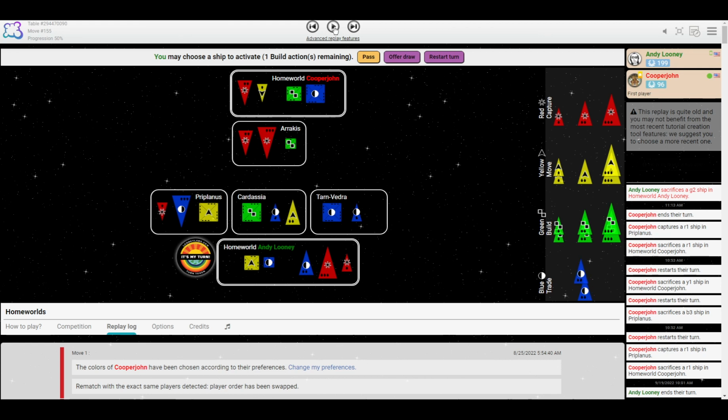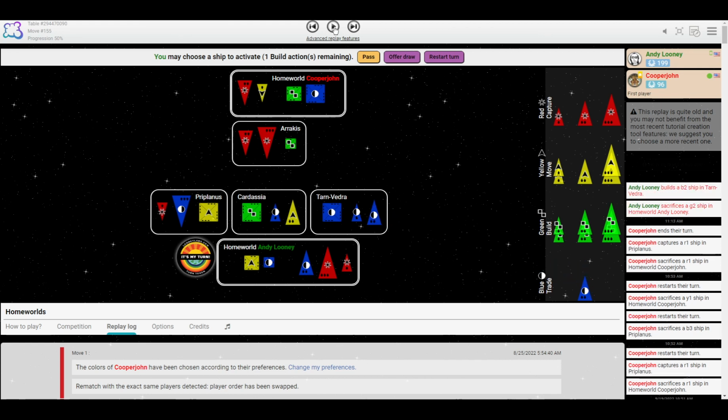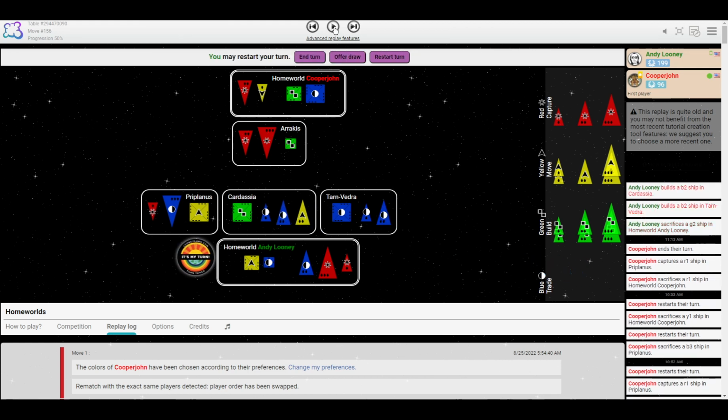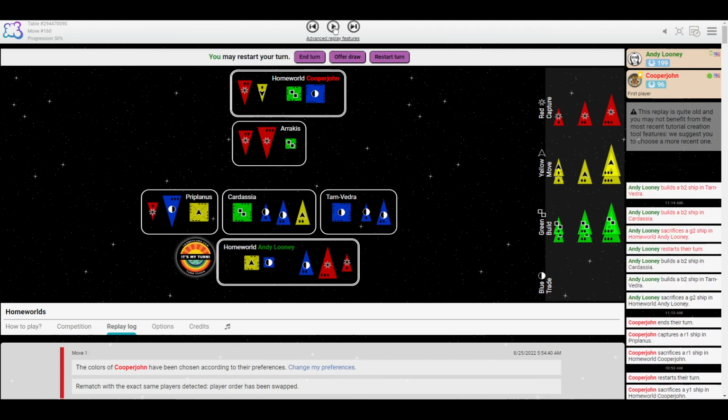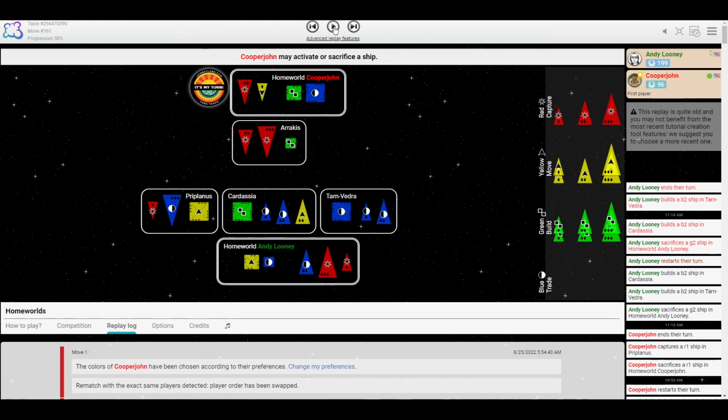Okay. Andy sacrificing G2 for 2 blue builds. Okay, emptying the blue bank. I think that's a pretty good choice. Andy's home doesn't actually have to be afraid of blue overpopulation anymore because there are not enough blues in John's possession or in the bank to overpopulate Andy's blue star,